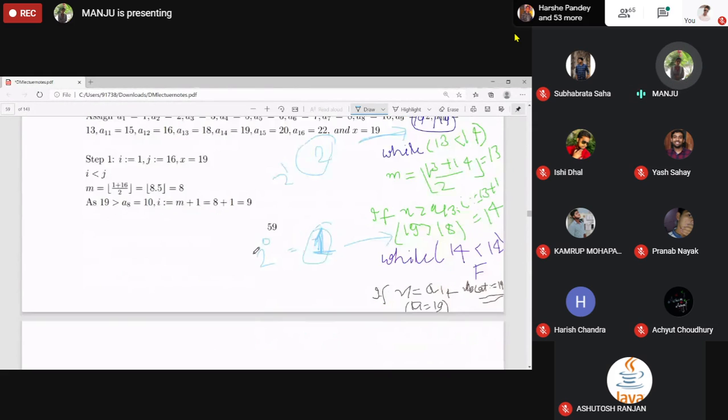So finally we got 2 raised to power 0, and after getting this, one comparison is to exit the while loop, right? And one comparison is outside the while loop to check whether the remaining one element is equal to x or not. If it is, then it gives you the location, otherwise it will return 0. Understood?